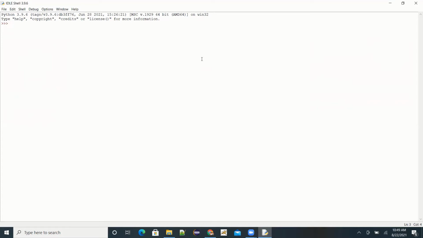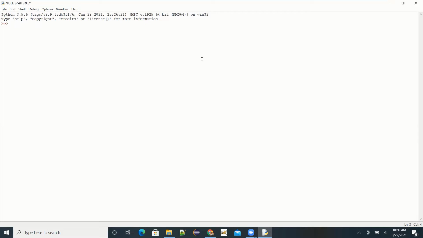We just need to declare the variable name, then give the equal sign which will assign the value, and then give the value to the variable. That is how we'll be doing it. So let's start. Okay, we want to create a variable which will have a value of integer.